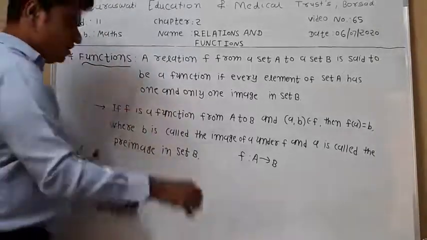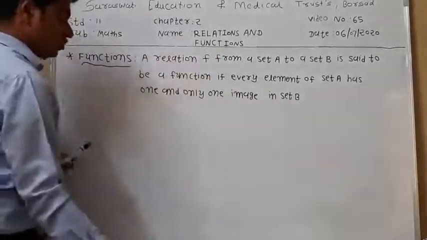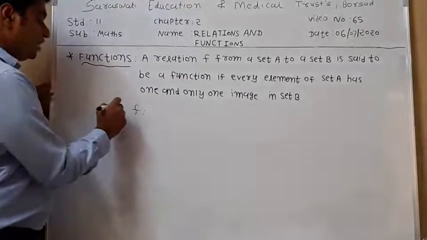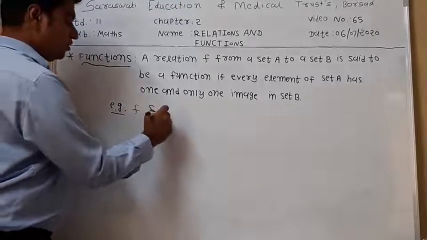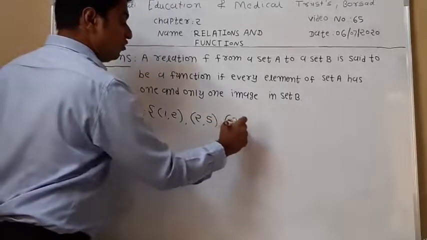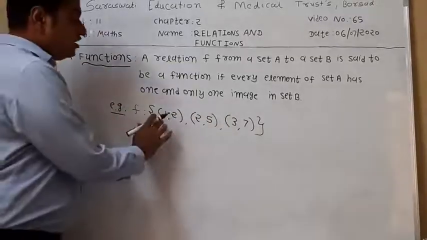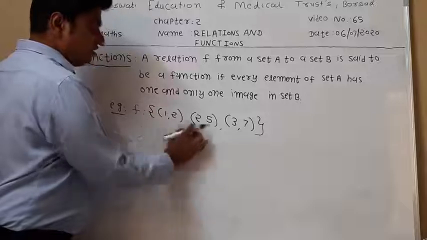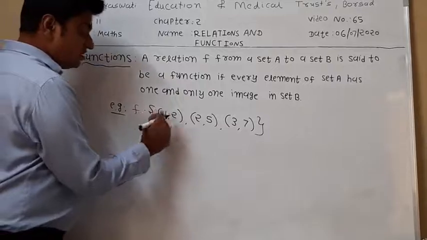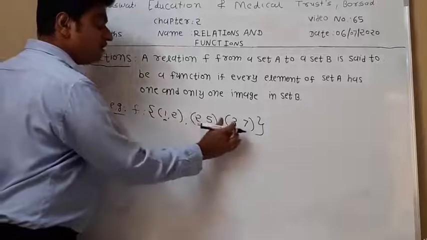Okay, now we can take one example and discuss whether this set is a function or not. So first of all, suppose f is the set of (1, 2), (2, 5), (3, 7). This type of ordered pair is present. Is this relation a function or not? So how can we say that? See here the domain position. Here no element repeats in this domain.